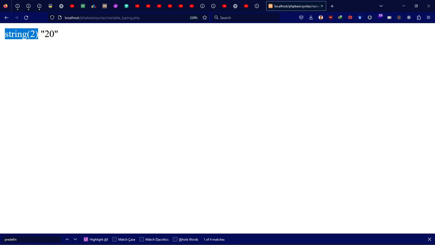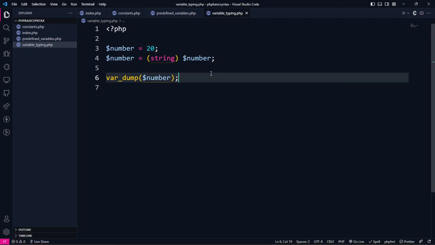Now, it is also possible that we create a variable with a name that is stored in another variable. And this is what we know as a variable variable. To create a variable variable, you need to use two dollar symbols. So let's see how we can do that. I'll create another file called variable_variable.php,